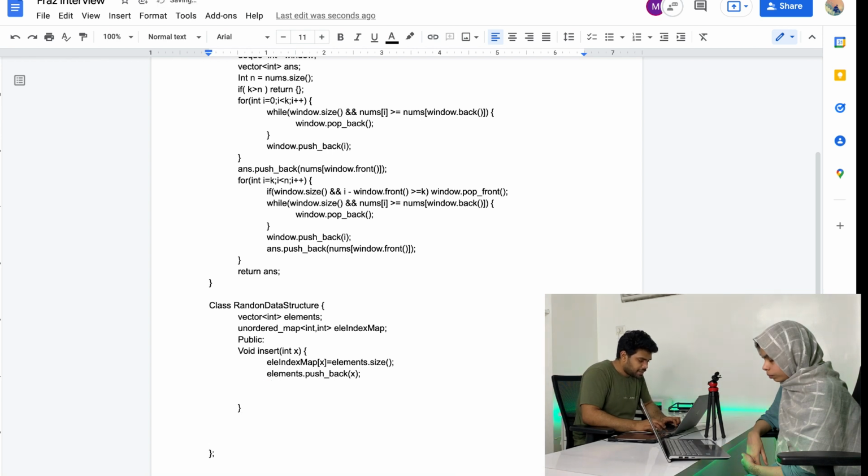Similarly, we will have a delete operation. Void delete element. So we are going to remove this particular element x.